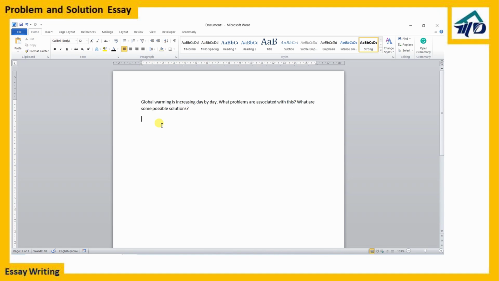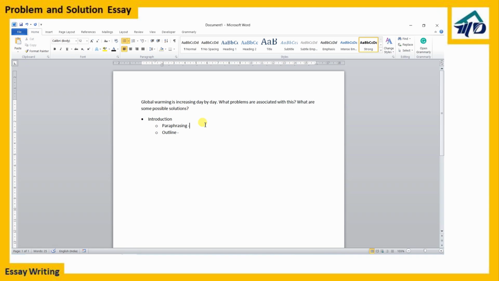Okay, so let's start. First of all, the introduction part. You know what I'm going to do in the introduction? My first step is paraphrasing. My second step is outline. So these are my two steps for the introduction paragraph. In paraphrasing, I just have to rewrite the essay statement in my own words. Now here the statement is actually very short and very simple, so how can I paraphrase such a short statement?